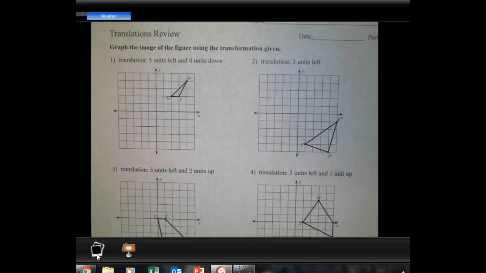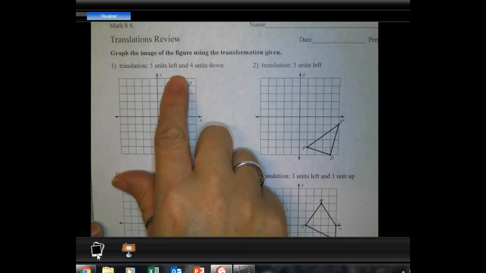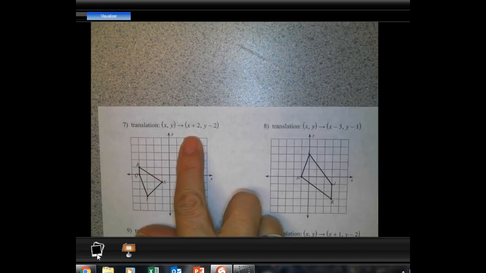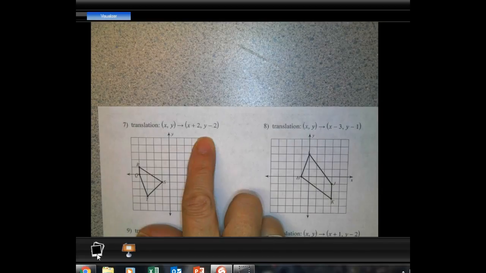Right, so today we're just going to review what we've done all week, Isaiah. We're just going to be reviewing what we've done all week. So it should be simple, okay? There's a little bit of following directions, okay? And on the back side, you have to do the opposite. Okay, but today what I want you to do